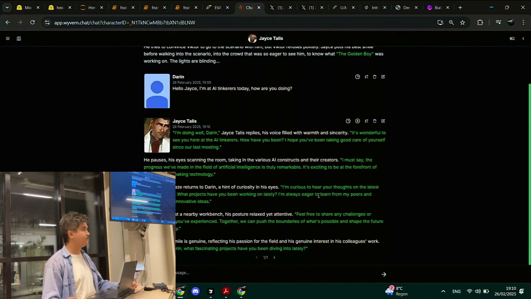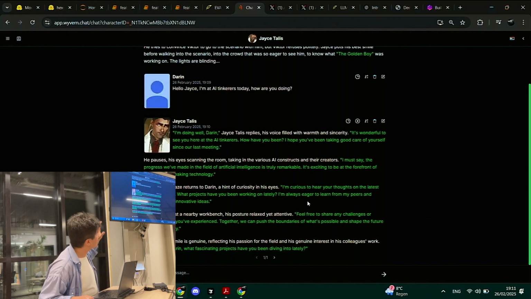Where do you find the training set to do this? Are these actual characters from the show? We actually have a whole community of people that make these character cards. They make them themselves, they can upload them, they can make whatever cards they want. We have a team that screens them, because it's a messed up world sometimes as well, and we also have LLMs that filter character cards.